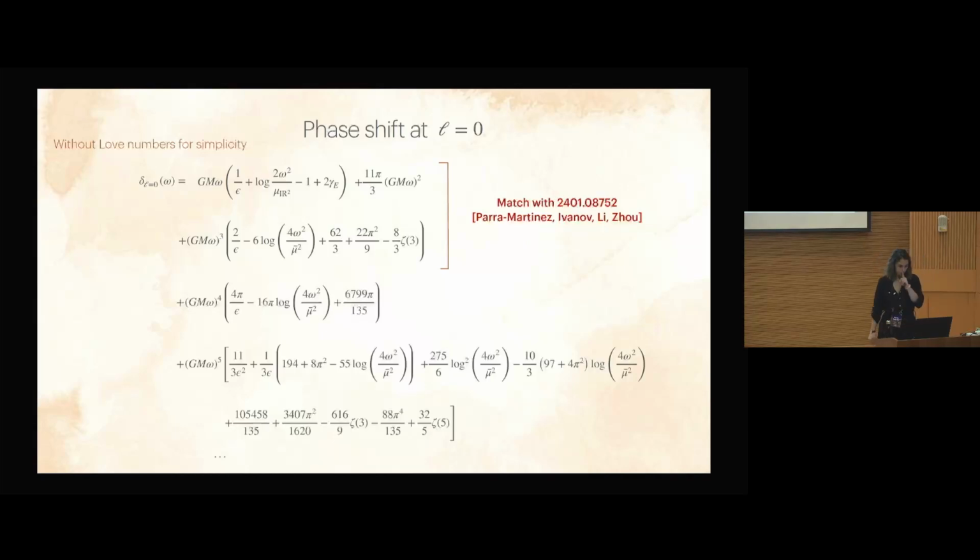This is G to the 5, and as I mentioned, those are all HPLs, and indeed you see the appearance of all these zeta values with increasing transcendentality. For example, at G to the 5, you get a zeta 5, and nothing crazier appears. Also, you get more and more UV divergences. The point I want to make is that this is completely automatized, so we can basically go to any order in G.